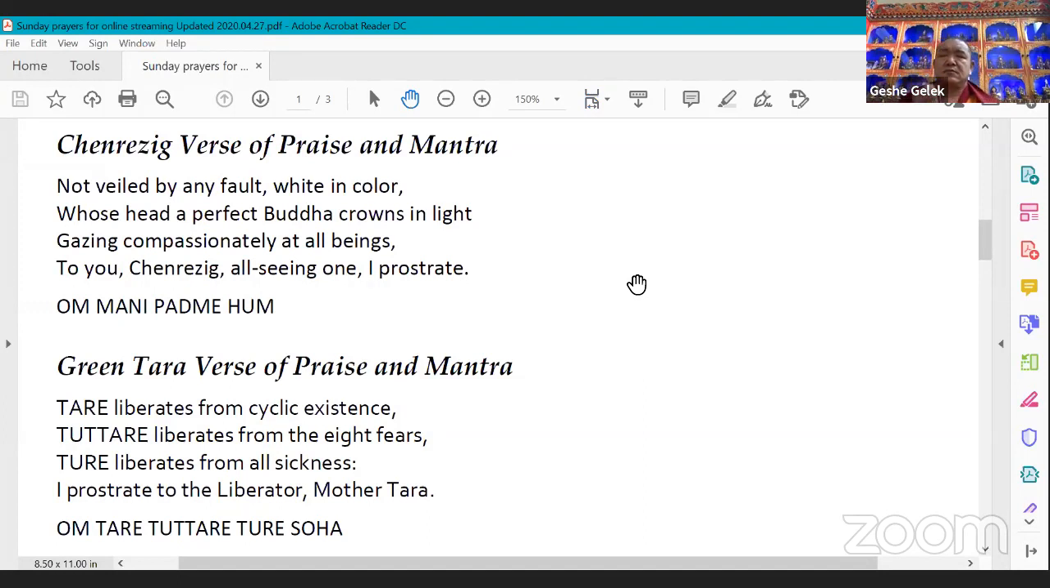Not veiled by any fault, white in color, whose head of perfect crowns in light, gazing compassionately at all beings, to you, Chenrezig, while seeing one, I prostrate. Om Mani Padme